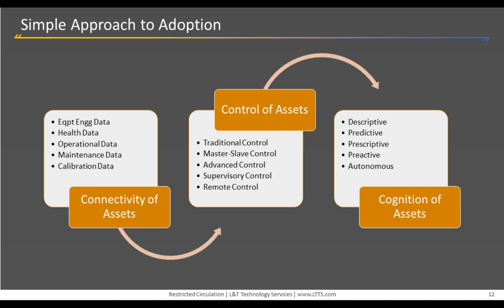Most of the assets that we come across run on their own. They don't need a control intervention, because they are given a specific task to be done, which they are good at doing, and that's the reason we have these assets